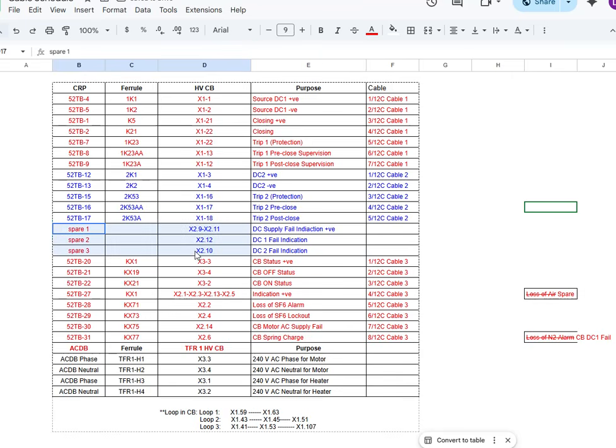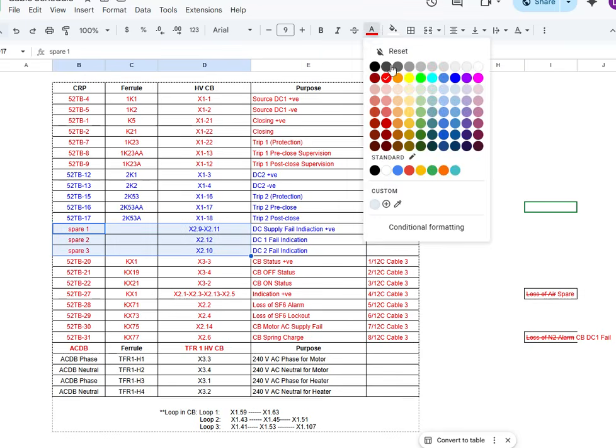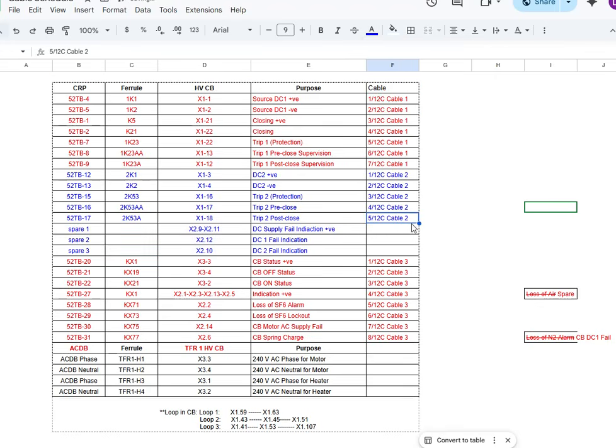And we'll just turn it into blue because we are keeping it in the cable 2. So this is number 6, this is number 7, this is number 8, and the ferrule that we will be using is